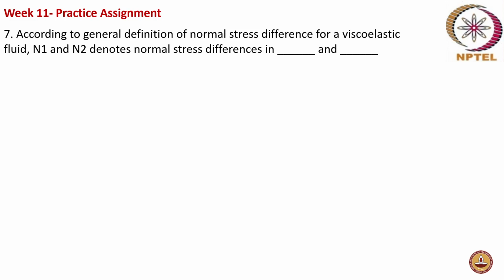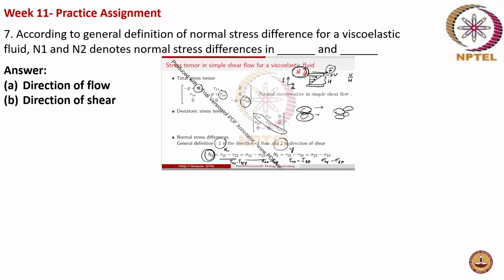No idea. Of course, if you don't go through the lectures, it will be difficult. Actually, I have not gone through the lecture. Okay. So actually, N1 denotes the normal stress difference in the direction of flow, and your N2 denotes the normal stress difference in the direction of shear. So this is the lecture content where it is discussed. In a viscoelastic fluid, even though there is a simple shear flow, due to the entanglements and relaxations and reptation processes involved, there is a normal